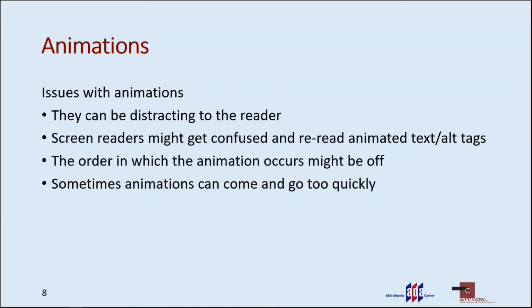A pretty common thing I've seen in the past are slides with animations that keep repeating the animation, although the person who created that presentation didn't intend for that to happen. In those cases, sometimes a screen reader might read the bullet point more than once, which is not helpful to the viewer. The order in which the animation occurs might be off. In this example, the bullet point came first, although it's the third bullet point in this slide. If you're going to use animation, please make sure everything is in correct order in the animation pane.